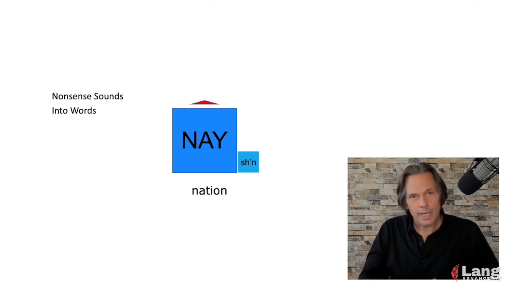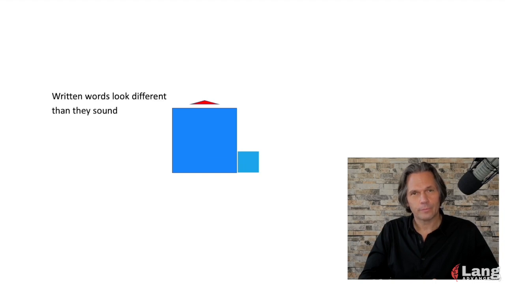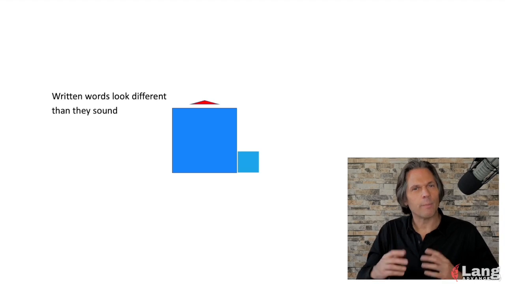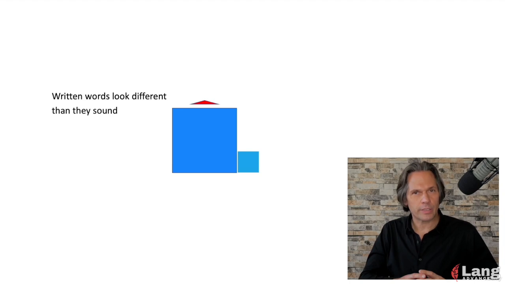Now, as I bring up this next slide, think about this for written words that are spoken with pattern 2B. As we have seen, written words look different than they sound. Pattern 2B is especially common for two-syllable nouns. More than 90% of two-syllable nouns will stress the first syllable. Let's look at a few examples of the written word now, and then see how we might visualize them to remind ourselves of the proper ratio between stressed and unstressed syllables.